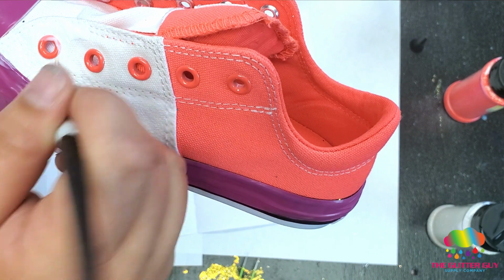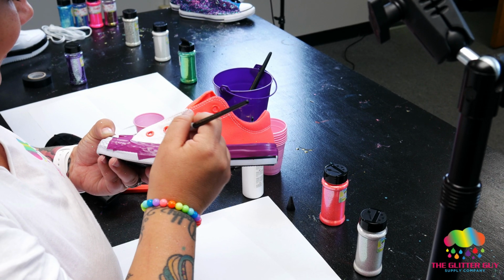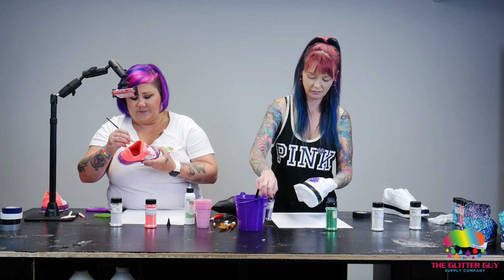Again, I'm not being super careful around the eyelets. I'm trying to do a little bit of a nicer job since I'm doing it on camera. It's nice when the shoes have different seams because you can kind of section it off by that. And then you're going to